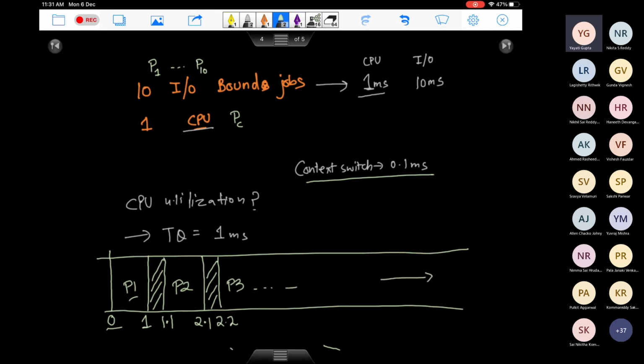You go and run all your processes, right? So now can you make your Gantt chart in this way? Compute for one cycle of your round robin process. One cycle means you execute all the input bound jobs for one time quantum, and the CPU bound job also for one time quantum. So take a look at that one cycle, and then try to see for how much time your CPU was being utilized. So think about that. We'll discuss this further in today's lab session. So I'll stop here.